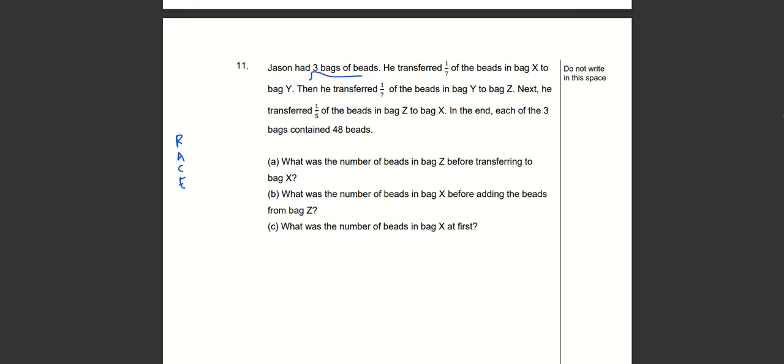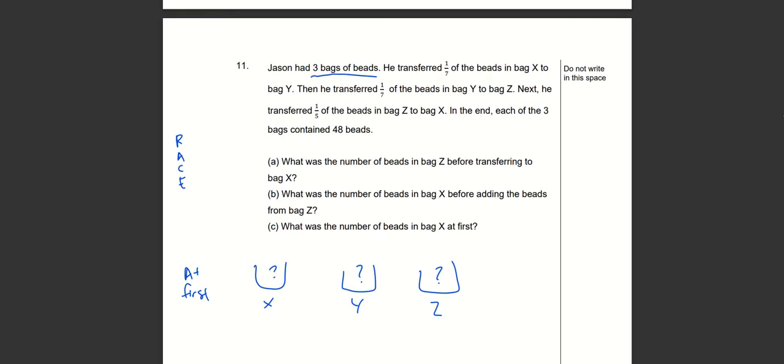So I have 3 bags of beads: 1 bag X, 1 bag Y, and 1 bag Z. Inside, I don't know. This is at first. At first, nothing is being told. But I do know that